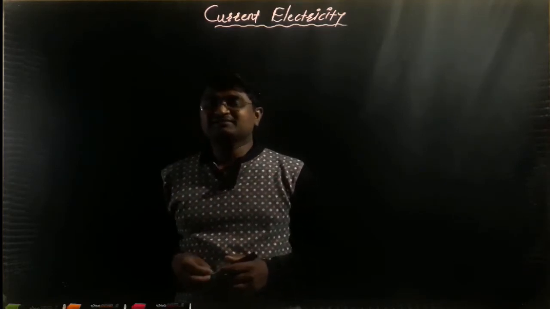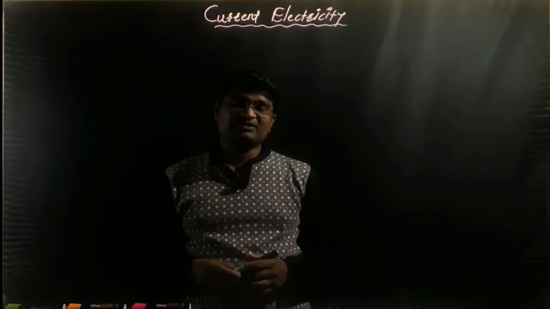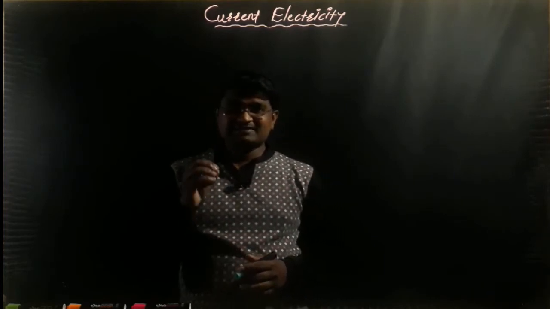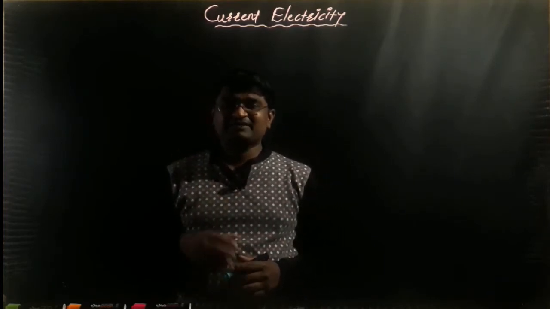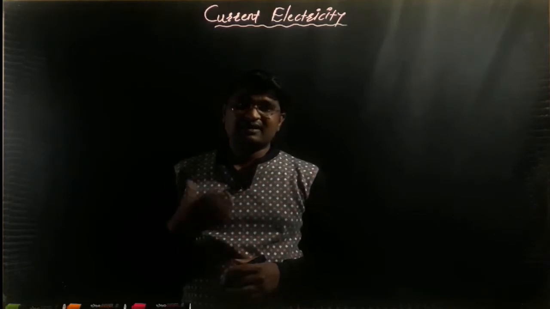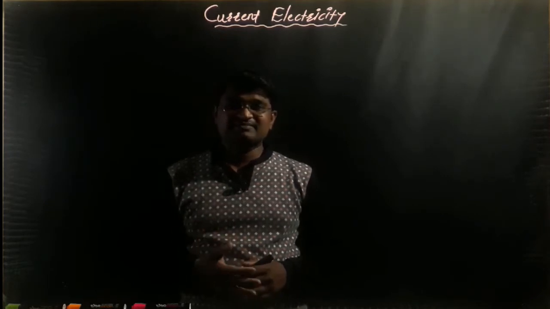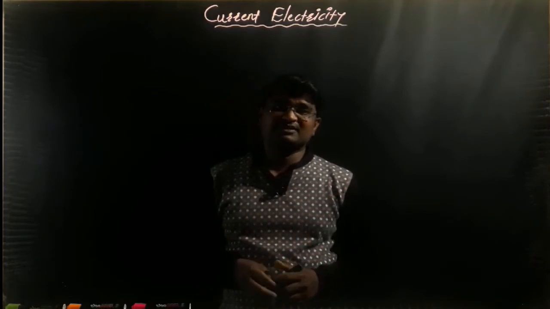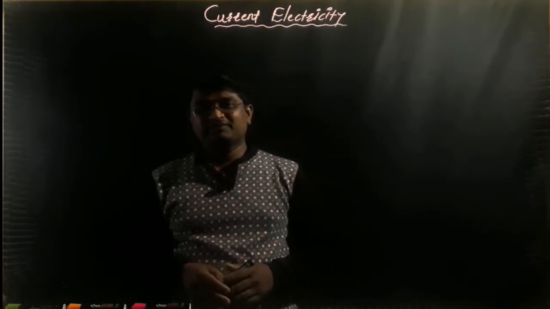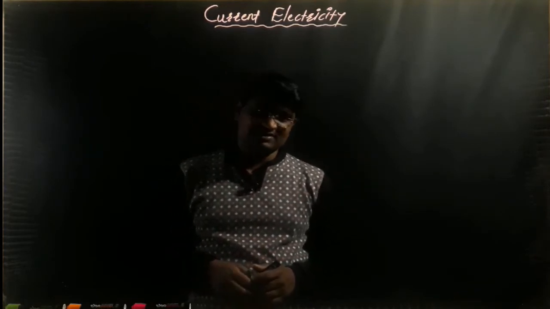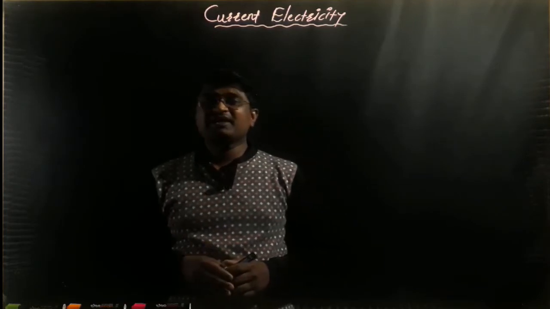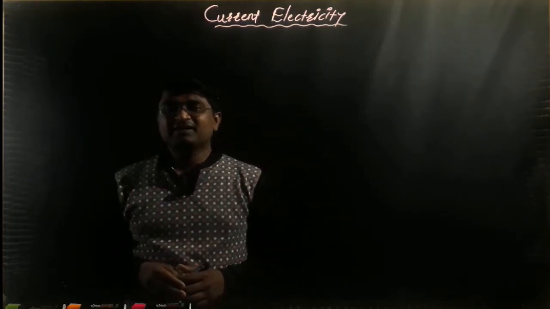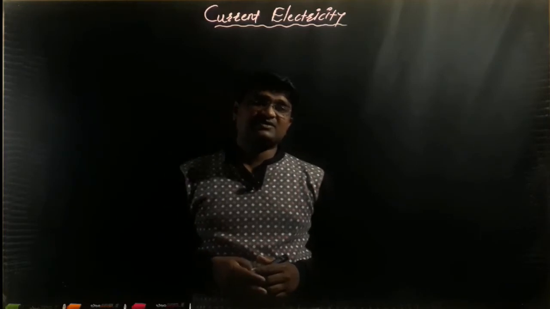And after that we discussed another important part from this chapter, that is the meter bridge. It means Wheatstone's network and its applications. After Wheatstone's network, that is meter bridge, Kelvin's method. So we have discussed the third important point from this chapter, and this point is the potentiometer, its principle and its uses. How to compare the EMF of two cells by using the direct method and the sum and difference method.